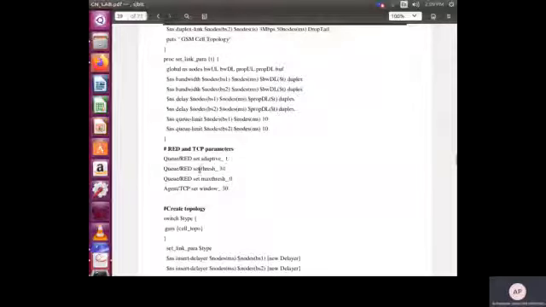So the adaptive value is 1, and then the minimum threshold and maximum threshold. We have to say up to which level there will be no packet loss and after which level there will be packet loss. So for that we are setting the threshold values. We are setting the threshold value as 30 and the maximum threshold value as 0, and we have to set the window size also. So that is also set as 30. These are variable parameters you can set as you wish to look into a different pattern of the output. So here we have set RED and TCP parameters.